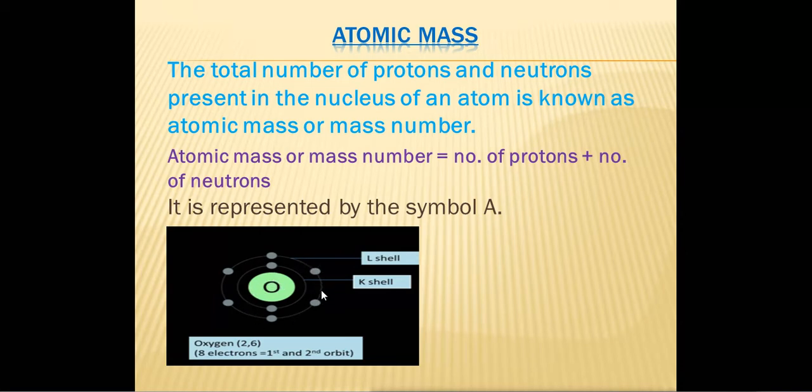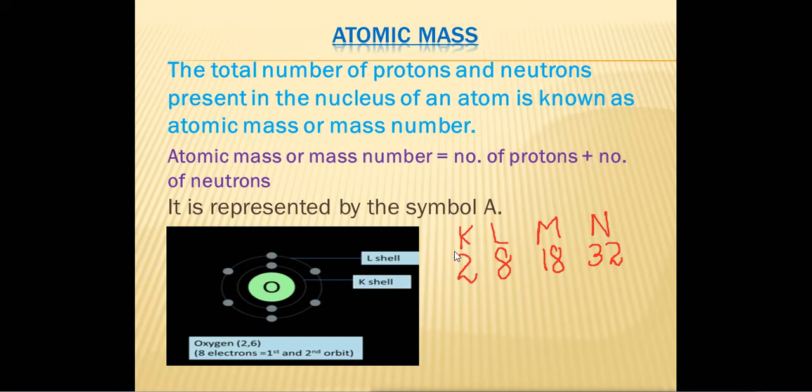Shells can be of any number. In this oxygen atom we have two shells, K and L. Other shells like M and N are there in different elements, but in the oxygen atom only two shells are there, K and L. In any atom different types of shells are present, like K, L, M and N. In the K shell only 2 electrons can be present. In the L shell we can fill 8 electrons. In the M shell we can fill 18 electrons. In the N shell we can fill 32 electrons. So these are the numbers of electrons which can be filled in different shells.